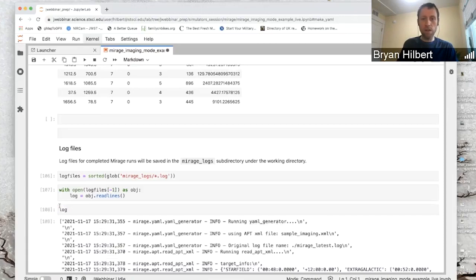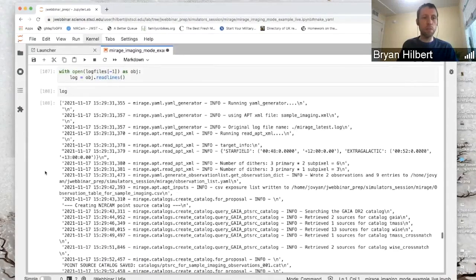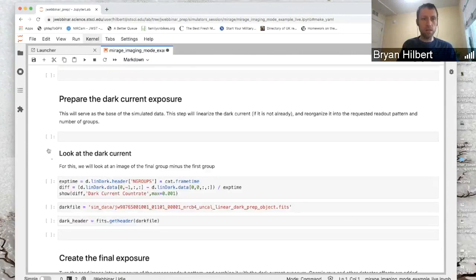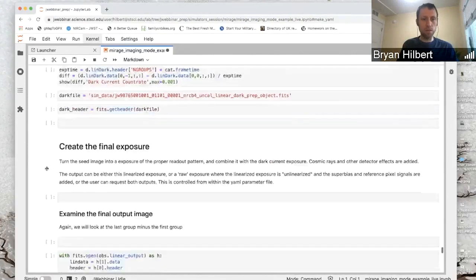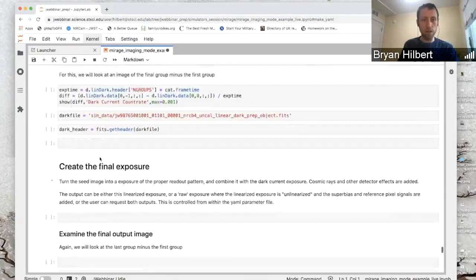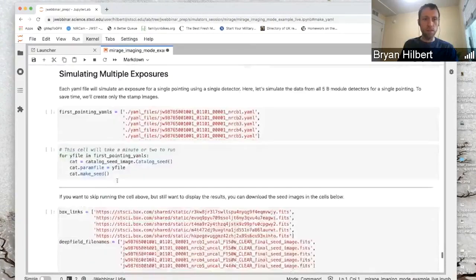everything is saved into a log file. This is going to be identical to what we saw on the screen up above as it was running the imaging simulator. Skip down there. Let's see, I will skip these. These are the other 2 steps, so preparing the dark current and then combining those 2. And then just for fun,